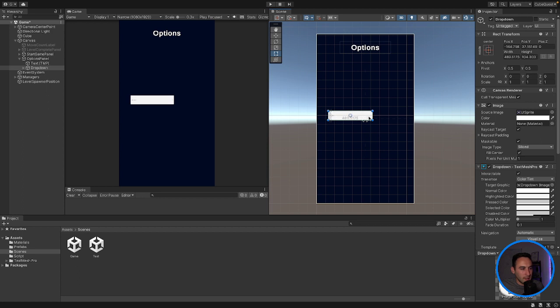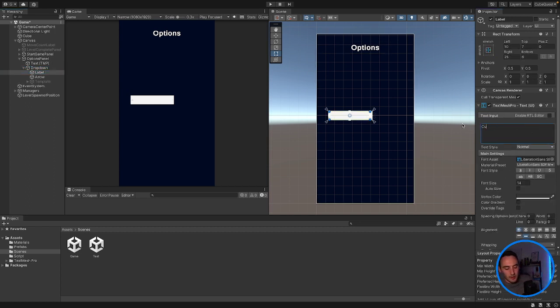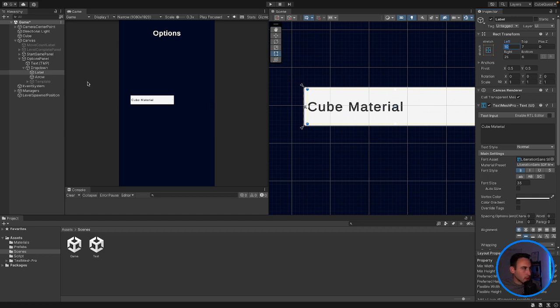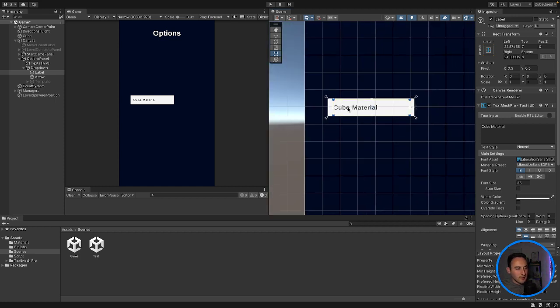So we'll start off just by, actually, how do we want to do this? Drop-down label, let's go and say cube material, because that's what we're going to be changing. Make it bold, change the size to about 20, or let's see, about 40. Let's say about 35. Then we want to move it a little bit, if I can access it, so that it's not on the edge. Okay, so now we can,